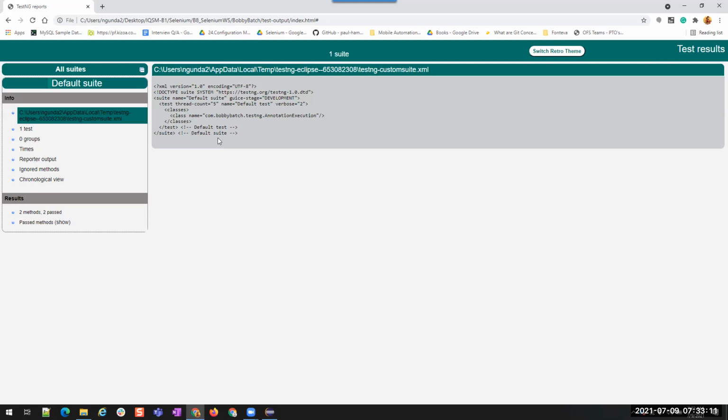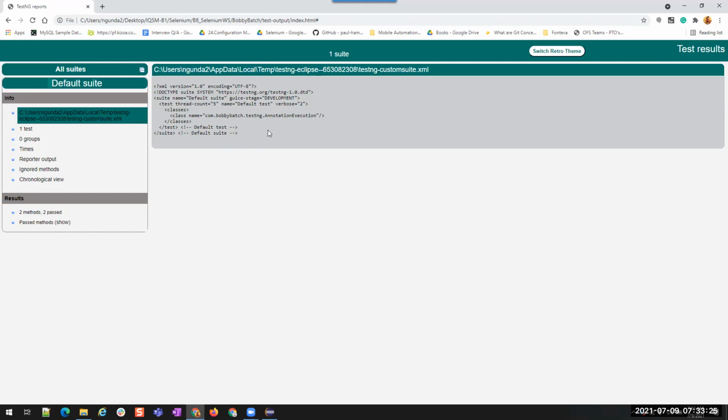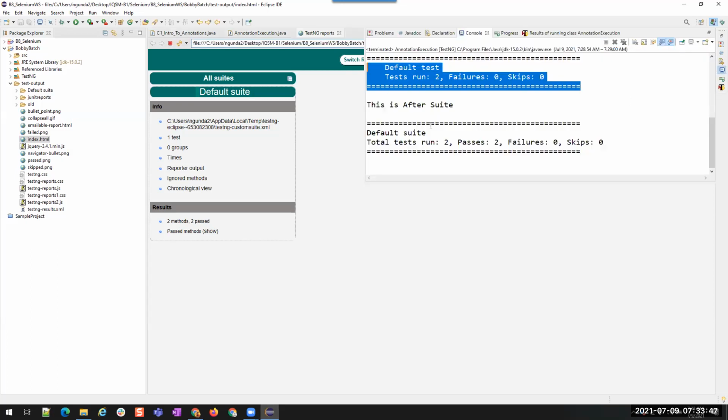file created and you want to run individual classes, TestNG creates a temporary XML file on its own. Okay, so this is a temporary XML file that TestNG created on its own. You see here, suite, test, classes, and inside the classes you have our class name, and then test and suite again. So this is the test name, default test, and this is the suite name, default suite. That is what you have seen in the console. Let me open the console and show it to you. You see here, default suite, default test.